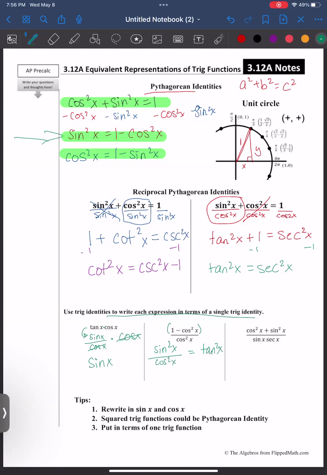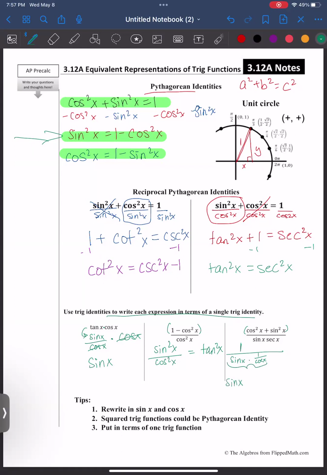And there it is simplified. Now the last one, once again, here's my main Pythagorean identity. Cosine squared of x plus sine squared of x, well, that's going to be 1 over, and then I have here the sine of x, and I'm going to rewrite the secant to be 1 over cosine of x, right? So then if I'm going to now just focus on the denominator here,